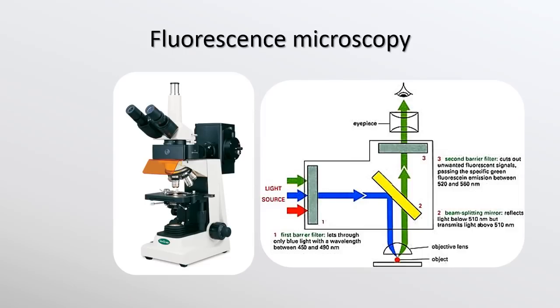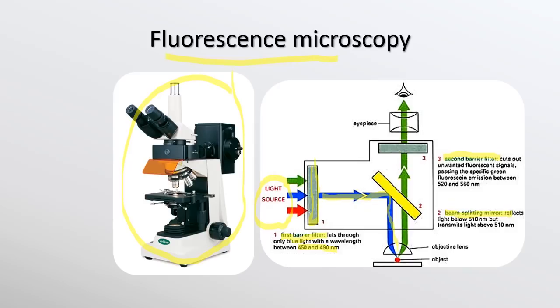Okay, this is how a fluorescence microscope looks. It looks quite similar to the bright field microscope, but you additionally have a first barrier filter, a beam splitting mirror, and a second barrier filter. When you turn on the microscope, the light source comes out and goes through the first barrier filter. This first barrier filter only allows blue light to pass through, within the wavelength of 450 to 490 nanometers, and the blue light after that will